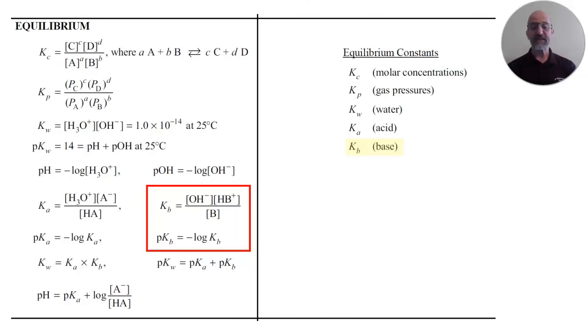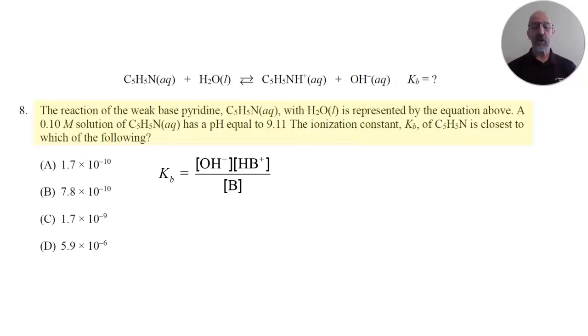There's the generic representation of a weak base as capital B, and the generic representation of its conjugate acid as HB+. So I'm going to go ahead and transform that generic equation to the specific details in this equation for pyridine. So I will replace the capital B with C5H5N, the formula of pyridine, and then in the numerator, I will replace HB+ with the formula of the conjugate acid. It's known as the pyridinium ion, which has the formula